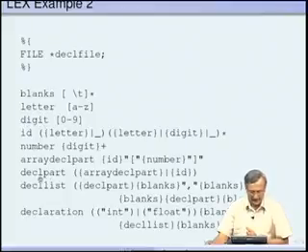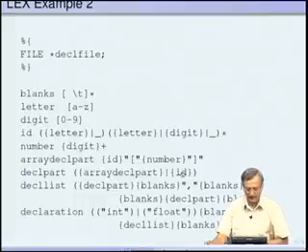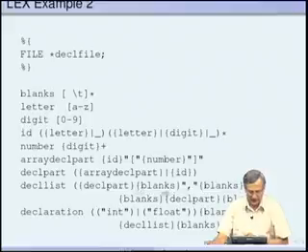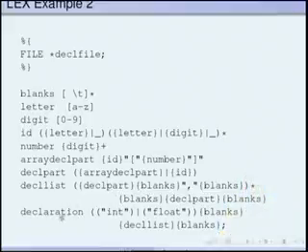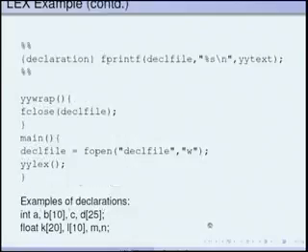Whereas a declaration part is an array declaration part or just a simple name. A declaration list is a list of such declaration parts, and a complete declaration says integer or float followed by blanks, followed by a declaration list, followed by blanks again. So this is the declaration which actually is parsed by the